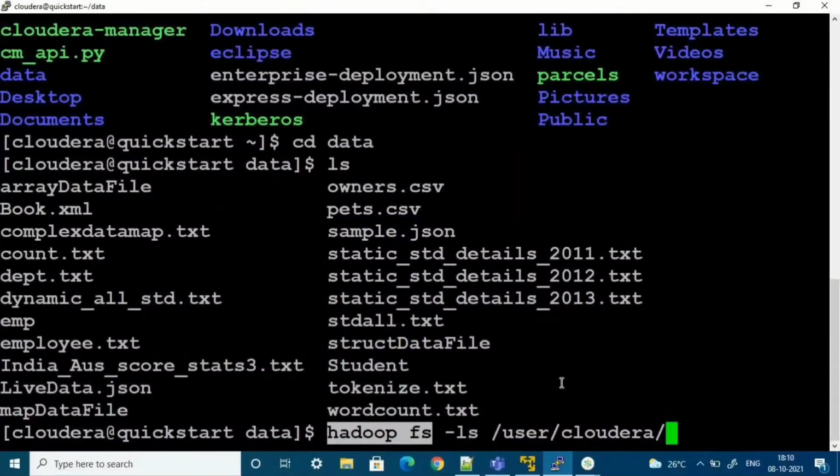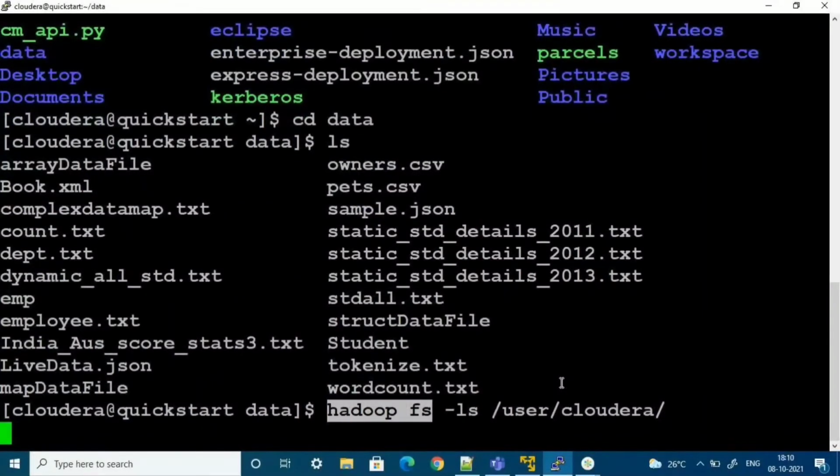Now we'll see what files are available under user cloudera. It will display all the available files, including directories. It is showing empty, so there are no files under that directory.